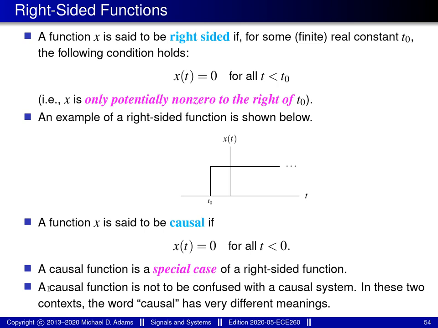Later on, we'll be using the word causal to describe a system. These are two completely different things. And in some sense, this use of the word causal on this slide makes a lot less sense because the word causal in plain everyday English deals with cause and effect. But there's not anything involving cause and effect here. The notion of a causal function is a very simple definition which simply relates to where the function is non-zero